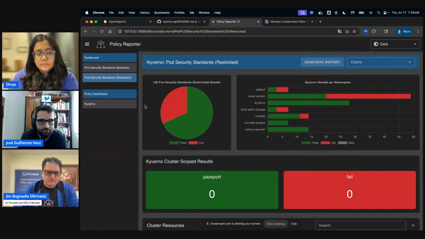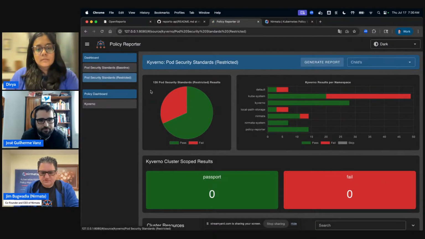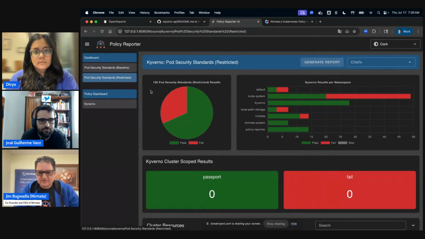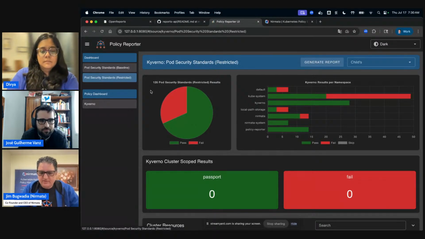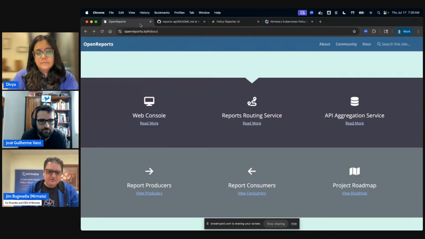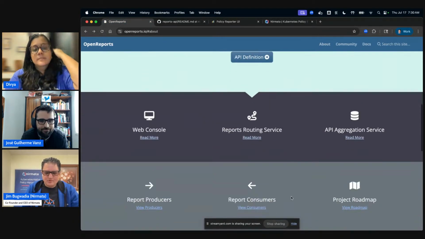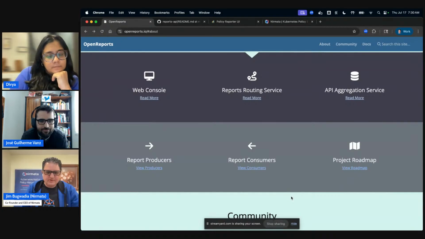But these are just policy reporters on a single cluster. Then there are tools like Nirmata, and of course others, which can aggregate this, look at this over time, consume it in different formats, and even analyze and look at trends, etc., which becomes super interesting at scale, right? But all of that is possible because we have a standard API and some of these core components to work with and to get started with.